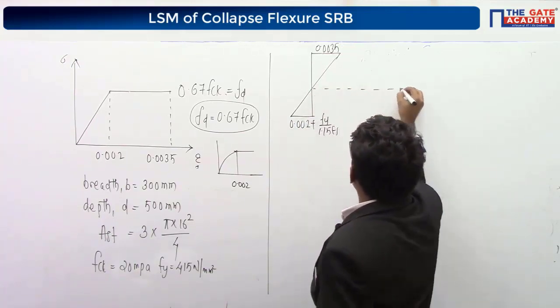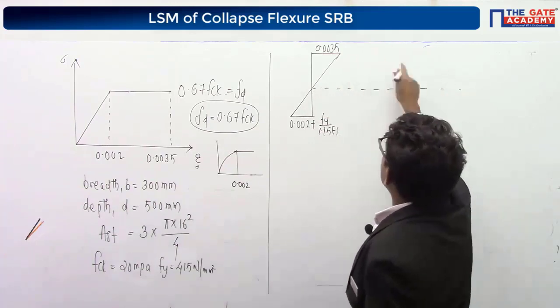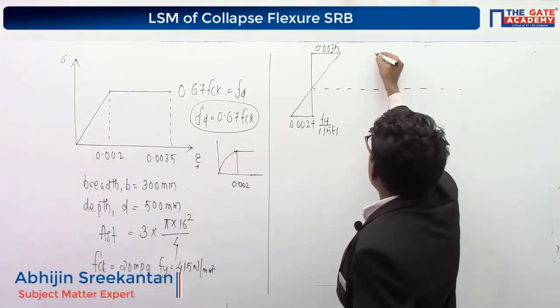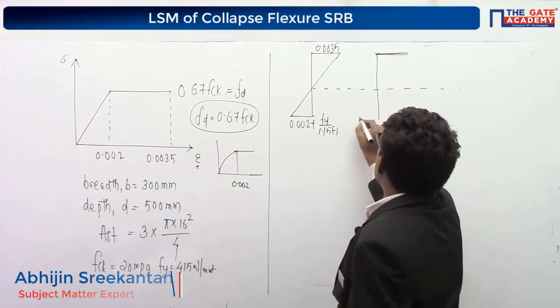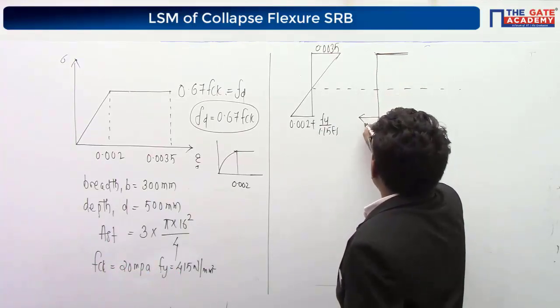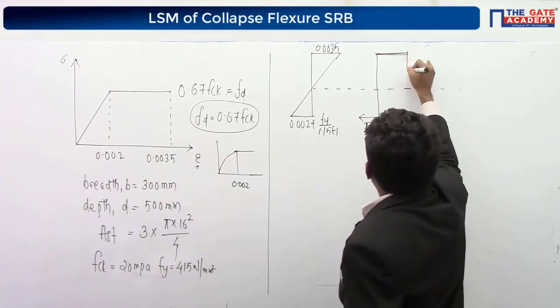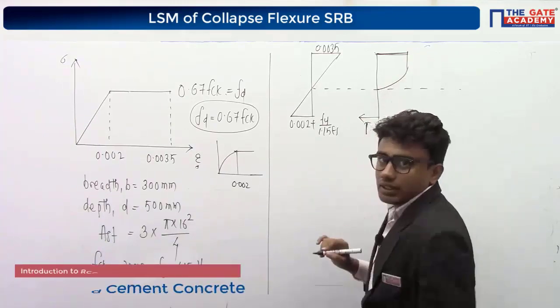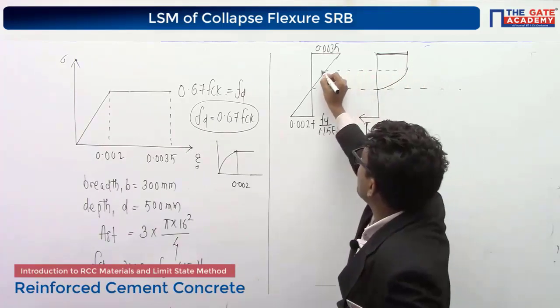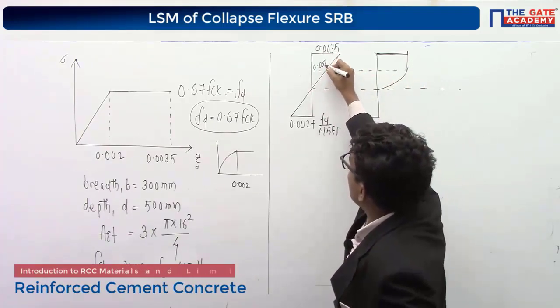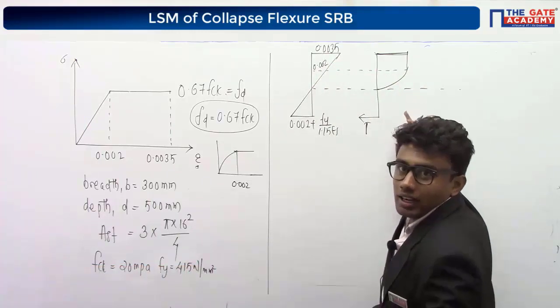This is actually our neutral axis. Now we are going to consider the stress block. We have the stress block here. This is the tensile force, and we will be having a stress strain curve like this. This is the stress block, right? It's a parabola till the strain value 0.002, right? This is correct.